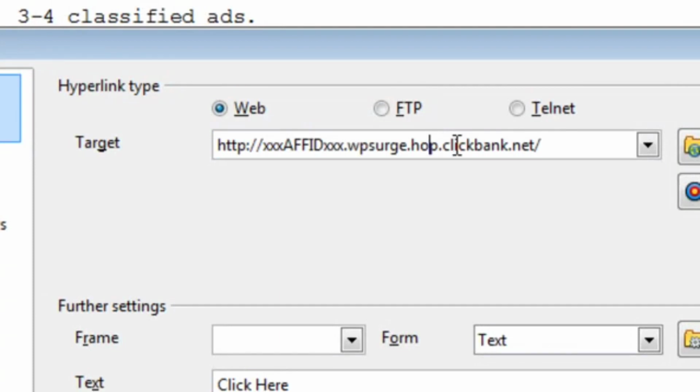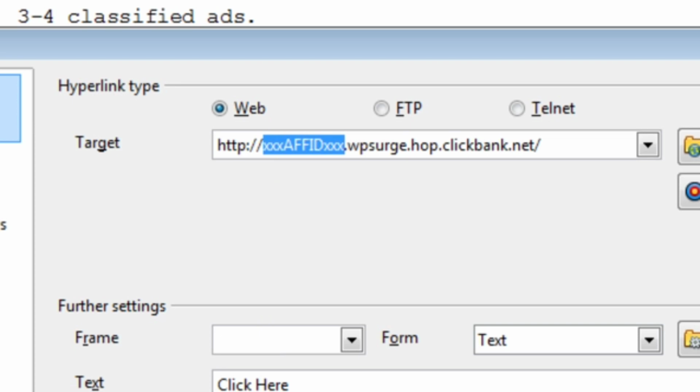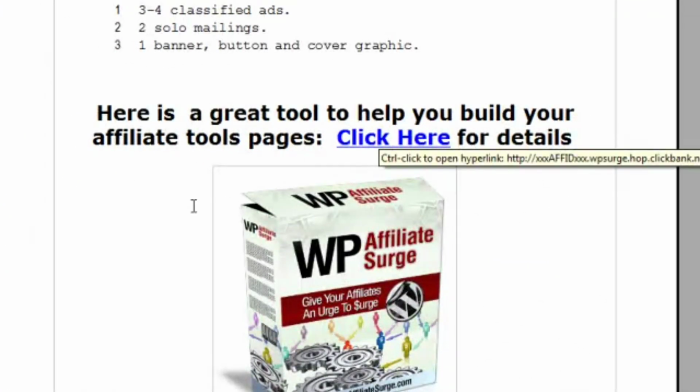So this is exactly the way it's set up in WP Affiliate Surge, where I've created the hyperlink for this particular ClickBank product, and here is the affiliate token. You want to make sure that that's set up exactly the way I'm showing it to you here with the XXX before and XXX after AFFID, followed by whatever your affiliate link structure is. In this particular example, it's a ClickBank product. So you'll want to go through and make sure all of your links are formatted like this, using this as the affiliate token. So I've done that for all of my links in this report,